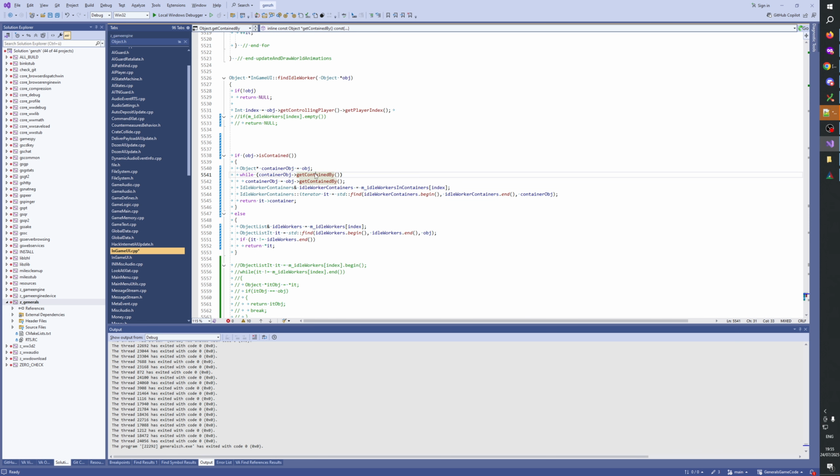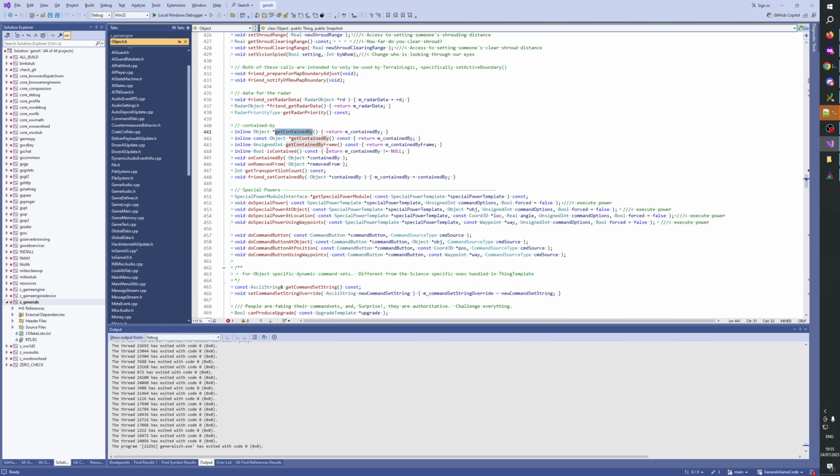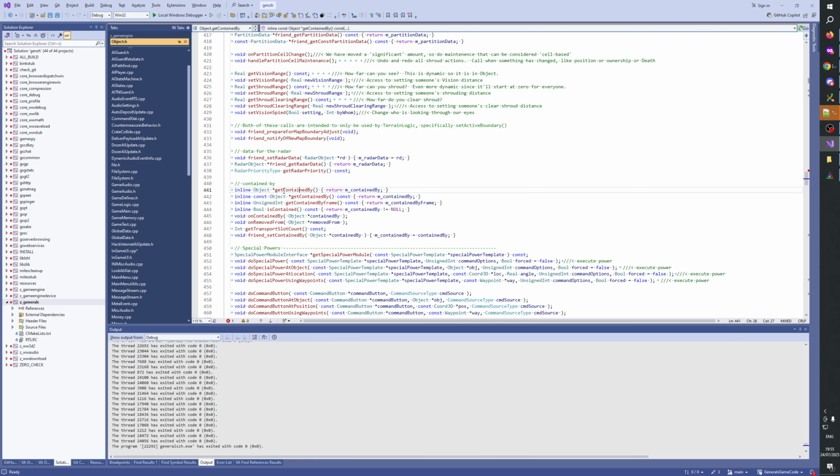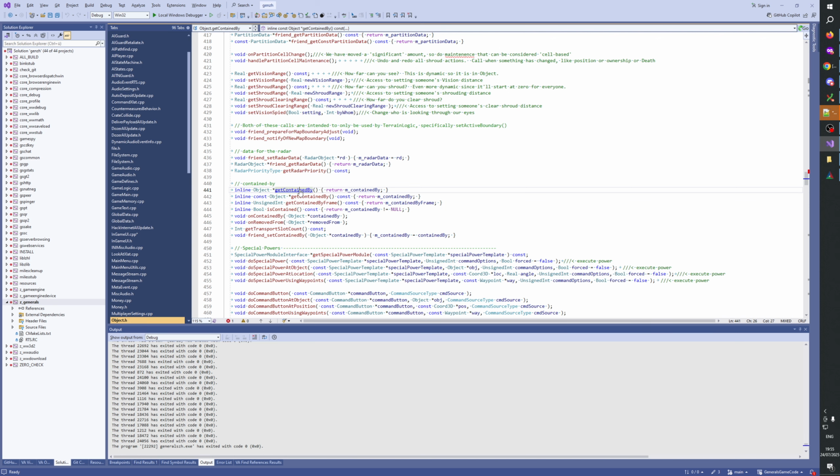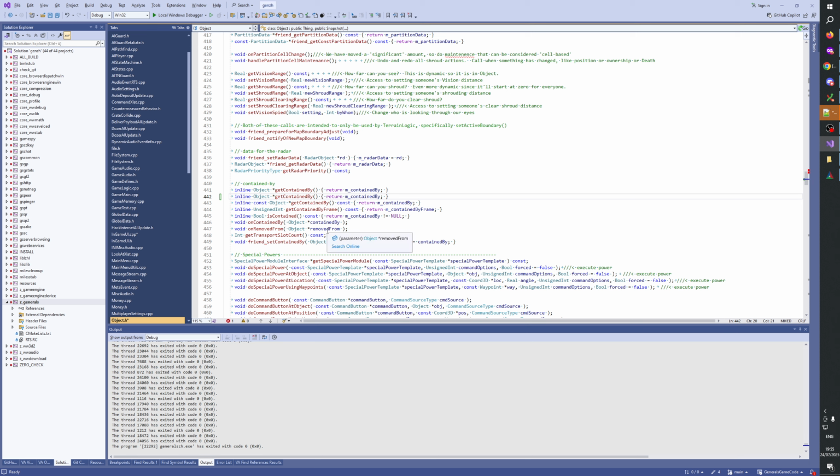Is there a helper function like get contained by, get? How about we add a new function here? Get, how do we call it? Highest. Get top contained by, and then that will be